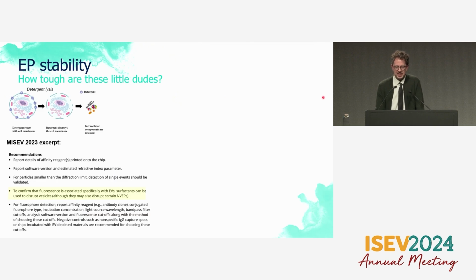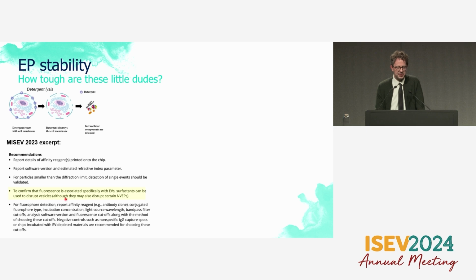Another myth that I'd like to dispel, or at least introduce some complexity, is the stability of these particles. There's this, in my opinion, misconception that one excellent control you can do is just throw a surfactant or a detergent at your EVs and the true vesicle should lyse. Everything else will remain there, and so this is a way that you can easily confirm that whatever mechanism or dye or whatever you're trying to measure is potentiated by vesicular particles instead of the non-vesicular extracellular particles.